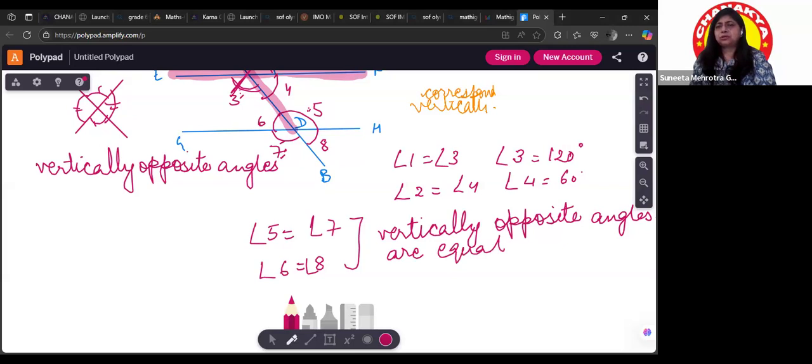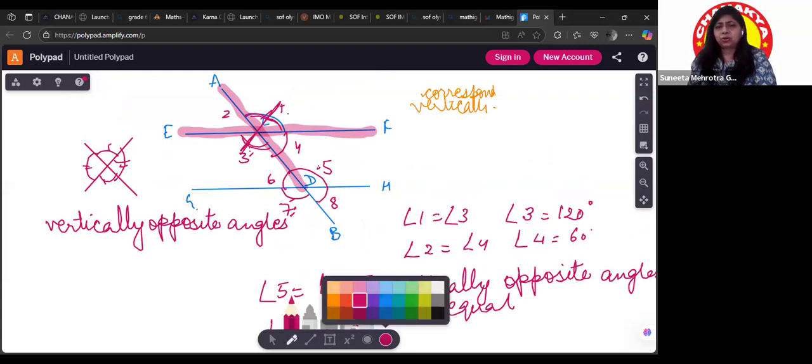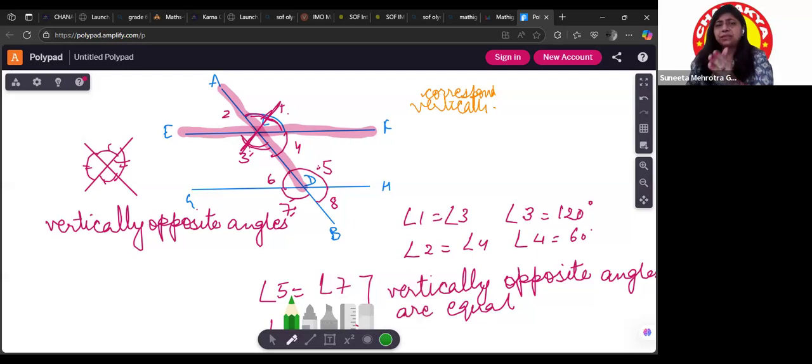Now, one more property: if the vertically opposite angles are equal, then we can say that the lines are parallel. One more thing is alternate interior angles. Coming to this question, what are alternate interior angles? Alternate means you skip one. Interior means